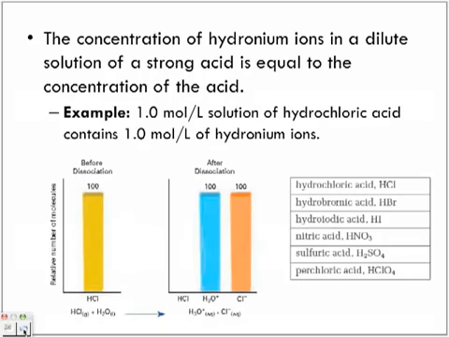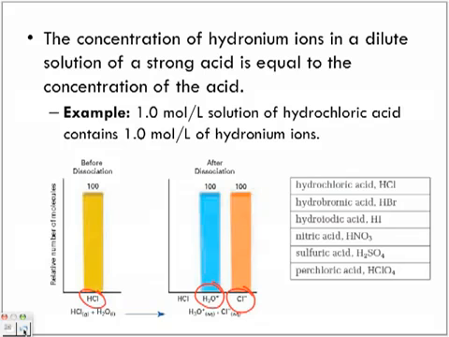We have it here in this little table. Just as a number, to explain, we're putting 100 molecules of HCl in water. All 100 molecules of HCl are going to break apart,